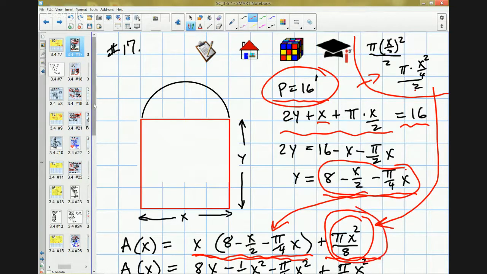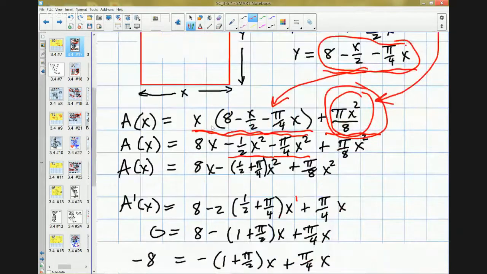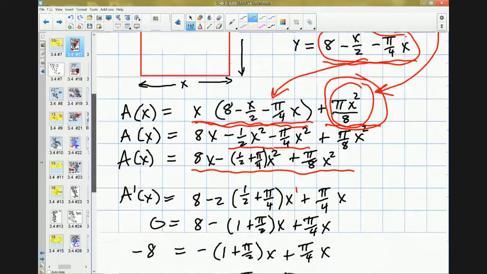So now I got my semicircle and my rectangle added together. Well, I got to do some multiplying, so I multiplied x by this quantity. And then I didn't have to do this, but I rewrote the expression right here, putting these 2x squared terms into 1. That would not have had to be done, but I did it. Okay, now finally it's time to maximize